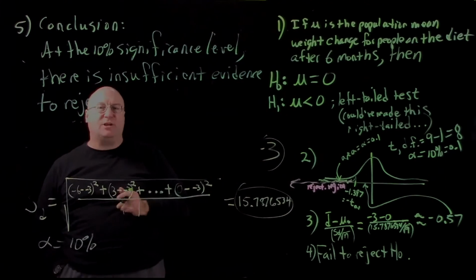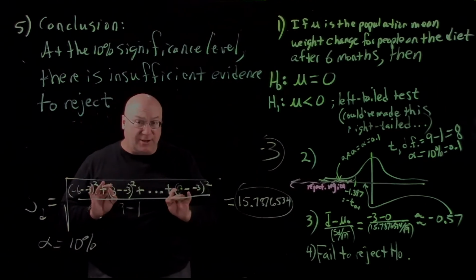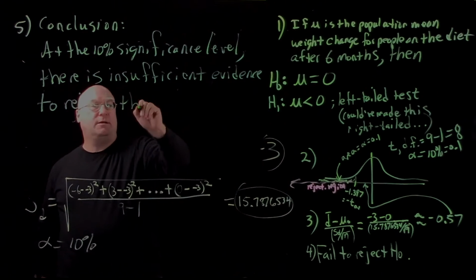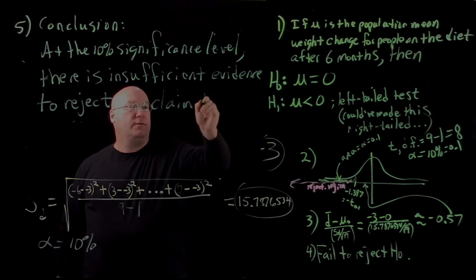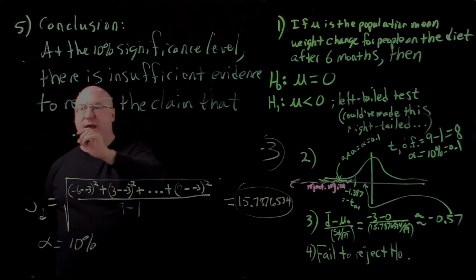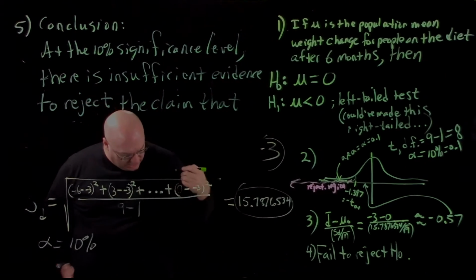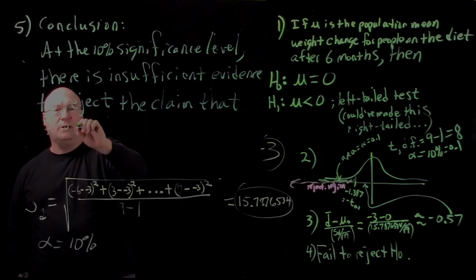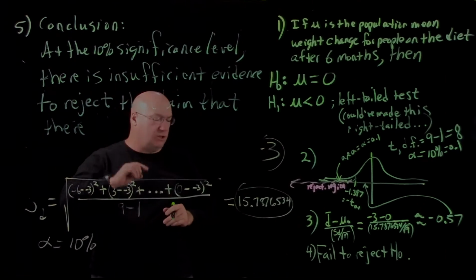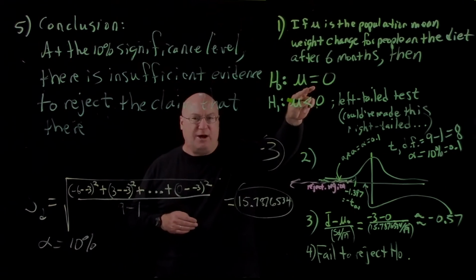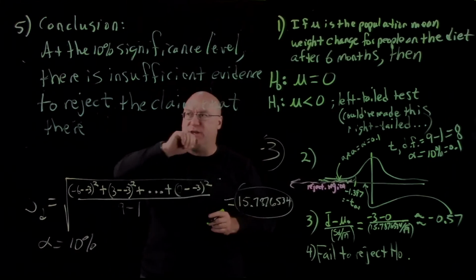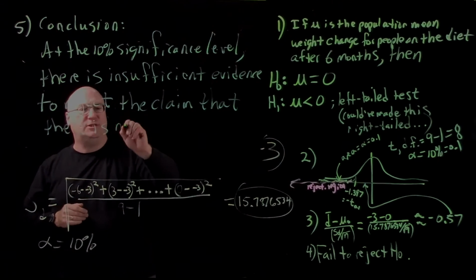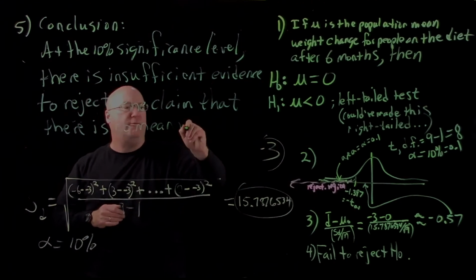Insufficient evidence to reject H naught, the null hypothesis, which is the claim that there is no mean weight loss. Remember, we are rejecting the null, which is that there is no weight loss. So insufficient evidence to reject the claim that there is no mean weight loss